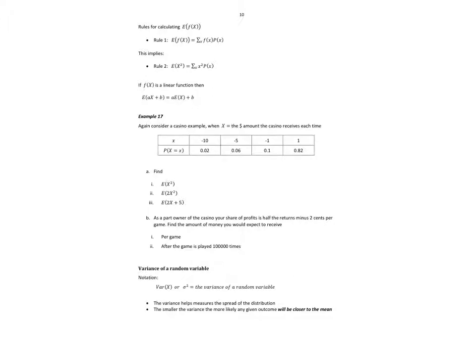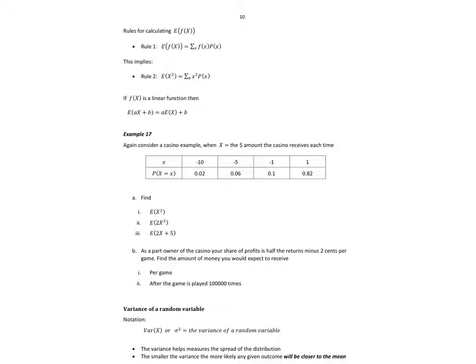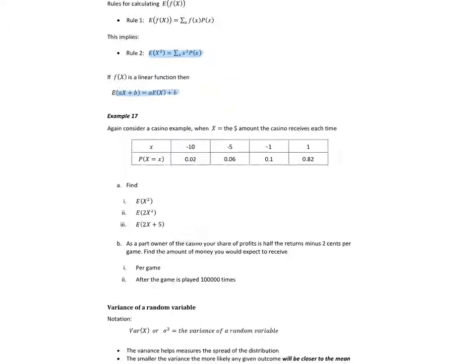All right, so what are the rules for calculating? To calculate the expected value of a function, it's just the function value times P of X. For example, the expected value of X squared is just the X squared times P of X. And at this point in time, that doesn't make a real lot of sense, but we do work this one out a real lot, all right? The nice thing is if we have a linear function manipulating our variable, well then the expected value is just a times the expected value of the original plus the b value, all right? So let's have a look at this example here.